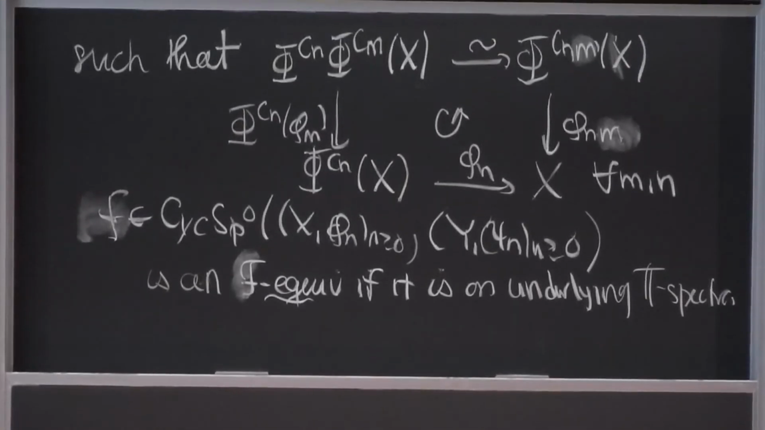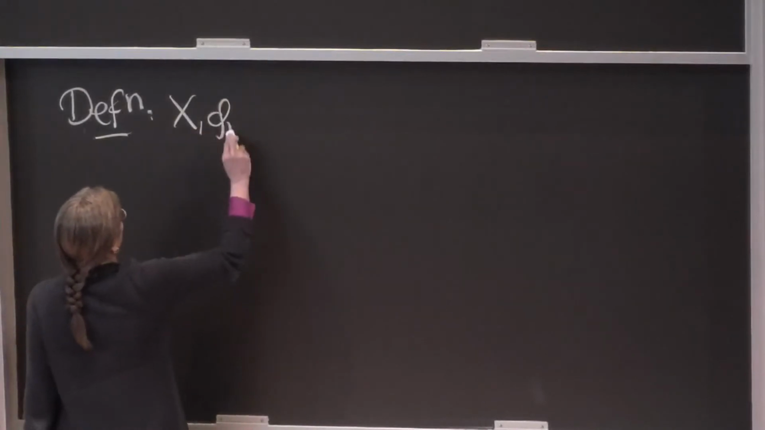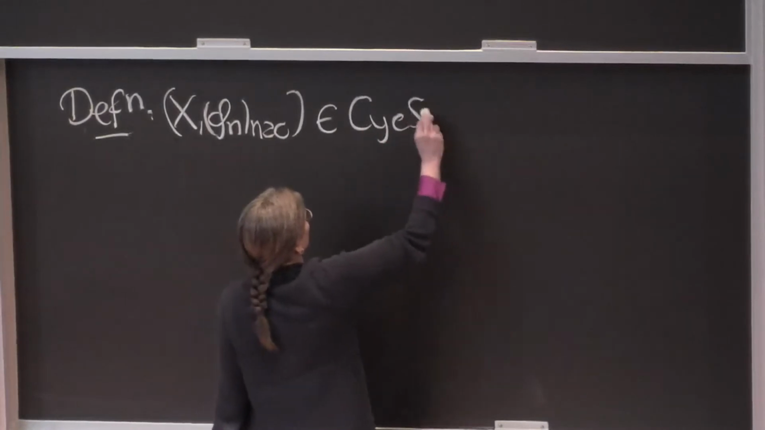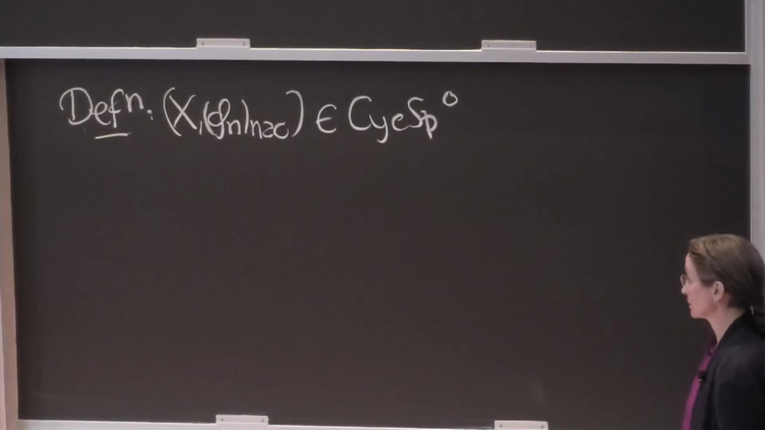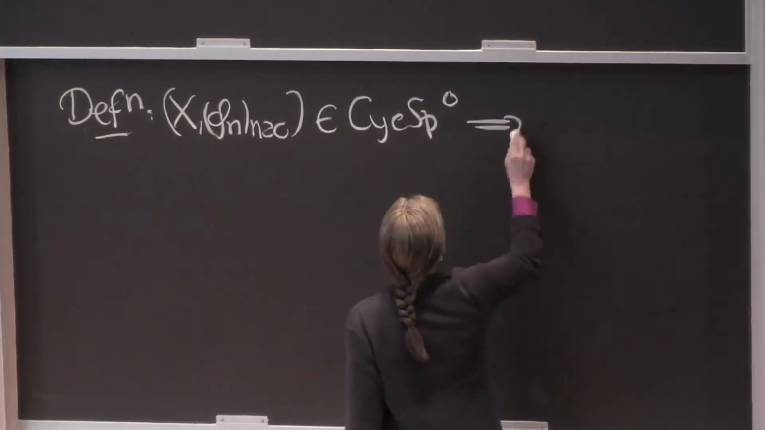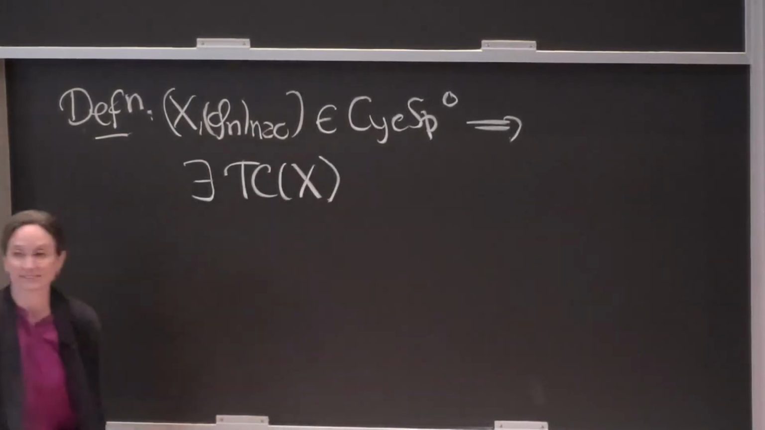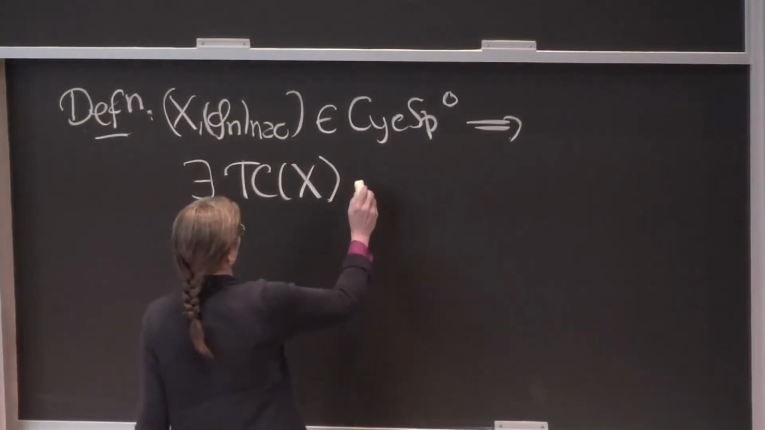So, definition: if I'm given an orthogonal cyclotomic spectrum, then you can define TC of X, the topological cyclic homology of X, by exactly the same formula that I gave you on the very first day of this lecture series, once we had this kind of structure,